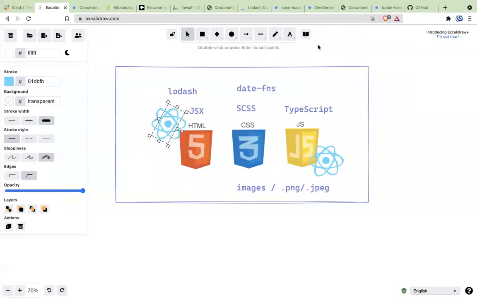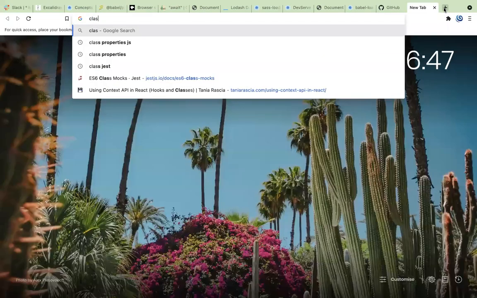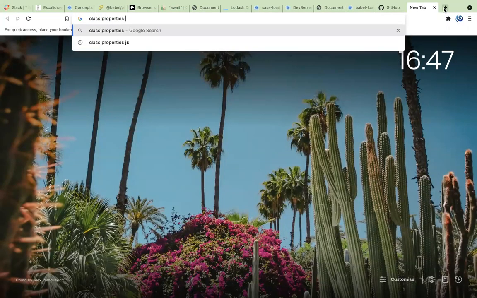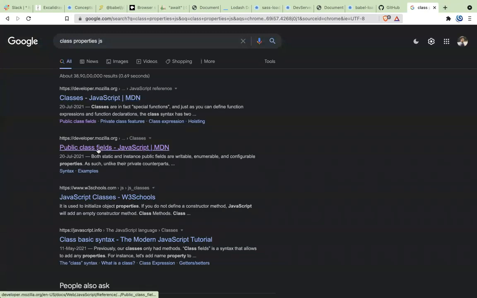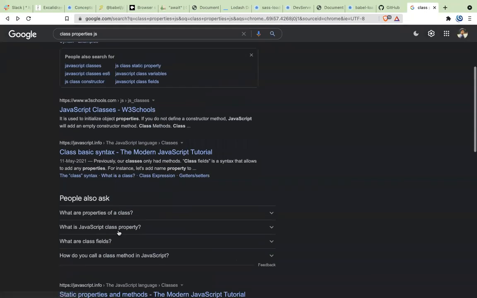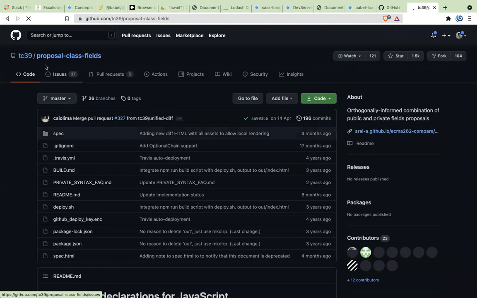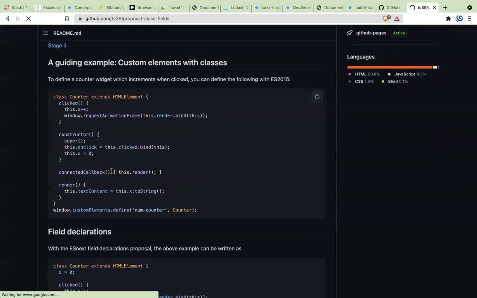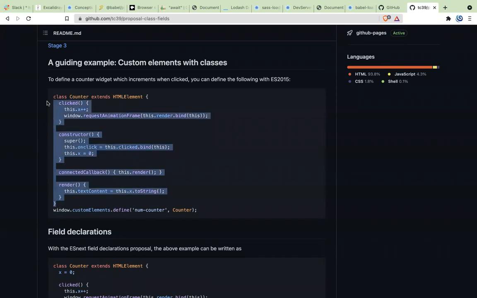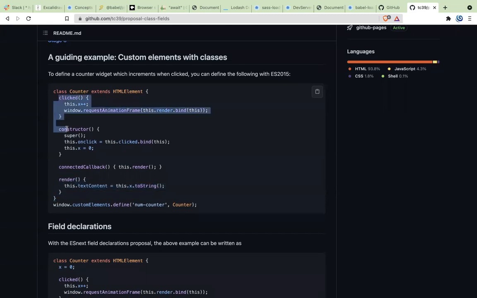One thing about classes that you need to understand is class properties in JS. It is a new feature that has been proposed in JavaScript. It's a proposal, a TC39 proposal, a new feature that needs to be added for class properties. What it means is, right now, when we create classes, inside a class we can only have methods like constructor and methods like render. The important thing is, inside a class, you cannot have a property. You can only have methods. Everybody understands this part?